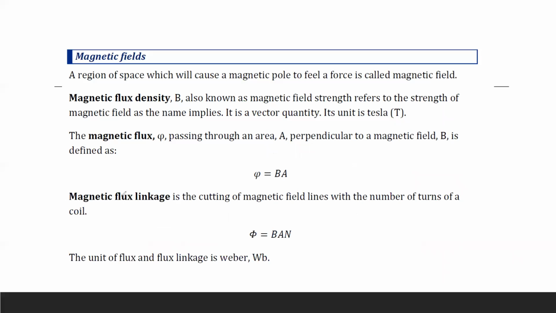Then what is magnetic flux linkage? Normally we have a unit area, but it may have more turns. Instead of having only one turn, we have a coil with many turns. So how many field lines are passing through a unit area in n turns? That refers to magnetic flux